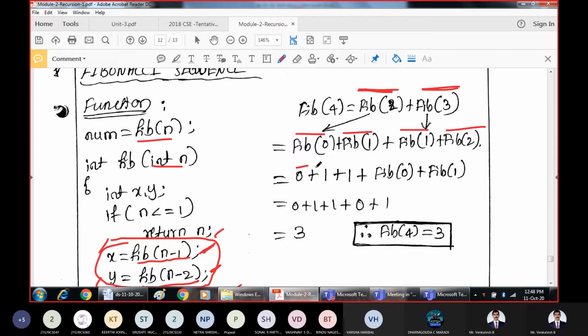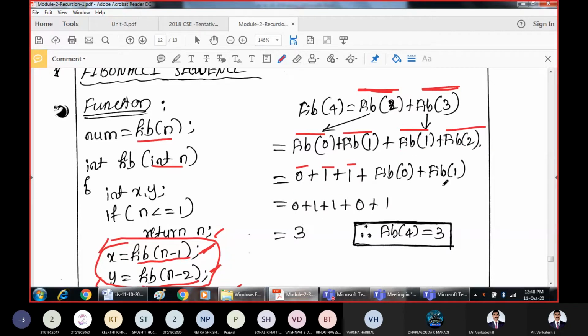Now Fibonacci of 0 is 0. We know that. The first number is 1 as usual. Then this Fibonacci of 2 is given by 1 plus 1 as usual. That first Fibonacci number is again reduced in terms of 0. These are the expected values we get recursively when you go on calling. Then that is how we get the number 3. Because we know that Fibonacci of 0 is 0, Fibonacci of 1 is 1, this Fibonacci of 1 is 1. Then this will be written.